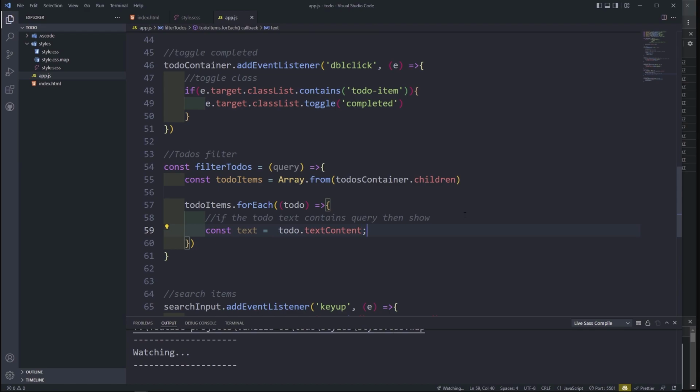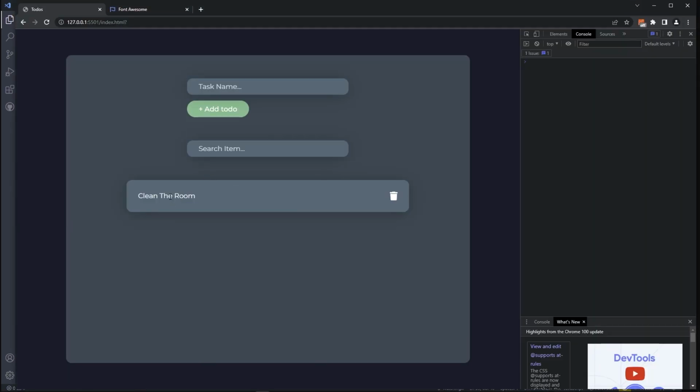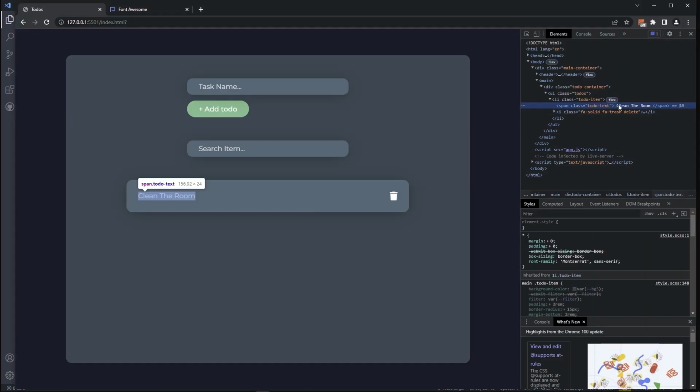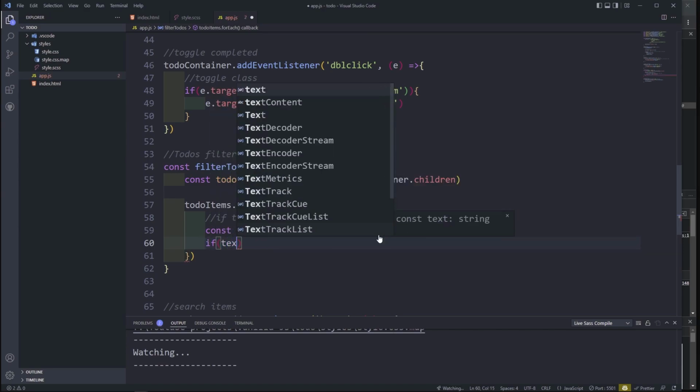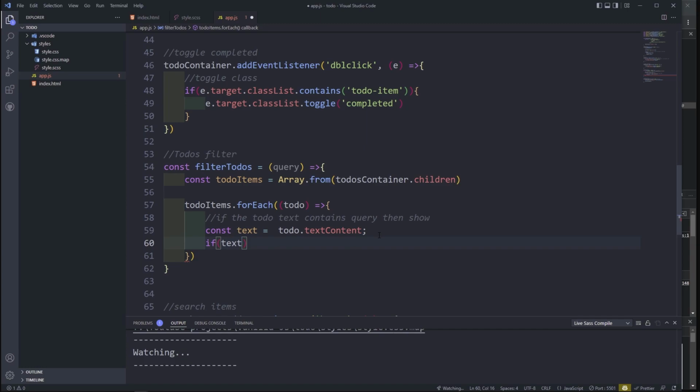Okay, so the text content is going to be this span. When I inspect here, this is the text content, this span here. That's what I'm grabbing into a new variable. I'm just saving the text content of the span into this variable. Okay, so after that, I'm just going to say if text, text. I'm also going to put it to lowercase,